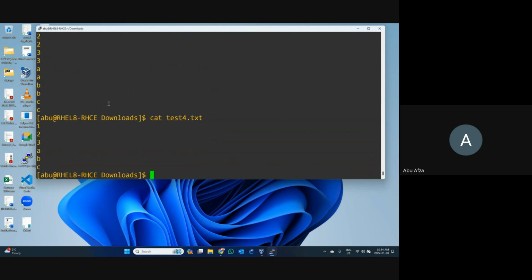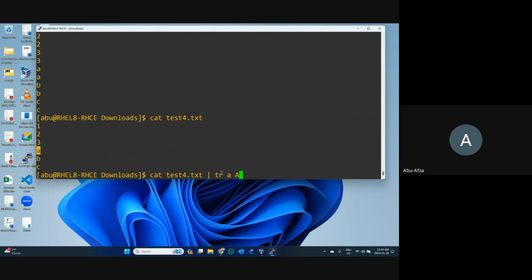Before that, let's do another few things. In my test4 file, I can see these few lines are available. Let's do one thing, that is translate. Translate means like a lowercase a will be shown as capital A. Let's write down the file name. This is my file name. Pipe. Pipe means the first output comes from here, and after that the rest of the command works on it. So I need to translate a to capital A.